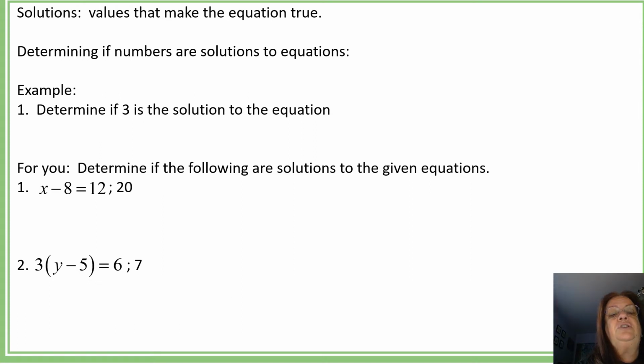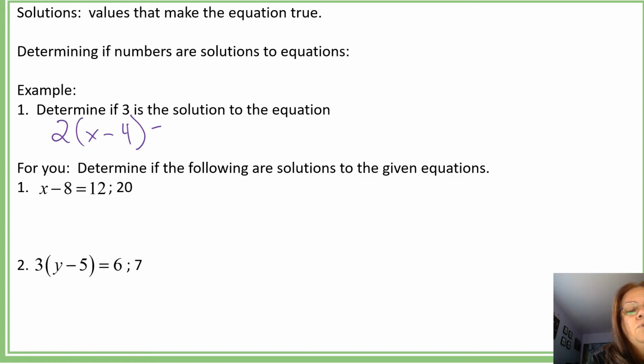Determining if numbers are solutions to equations, we plug them in. Determine if 3 is a solution to the equation. Okay, we're going to use the previous equations. Okay, on my slide I can't go back to them, so we're not. I'm going to come up with an equation. So we have 2 times x minus 4 equals